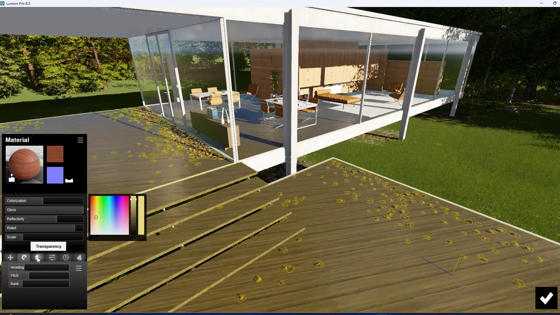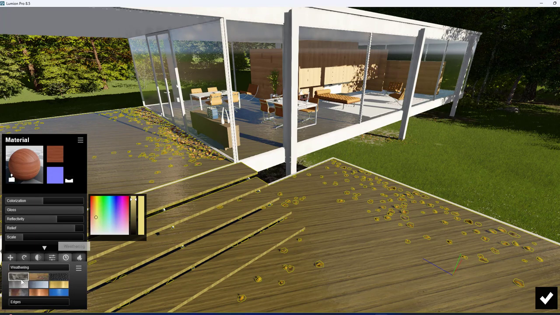Next one, we have the transparency. Transparency will help you in case of glass and then cloth. Let's see the transparency in that type of category. Next one we have is the setting. In the setting we have the emissive option. In order to convert any selected plane or object into light material, we use this emissive. This one we can see later.